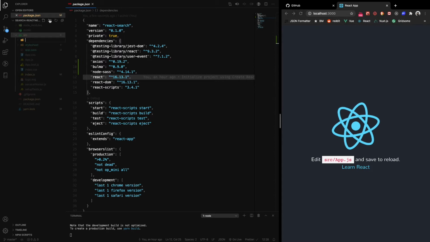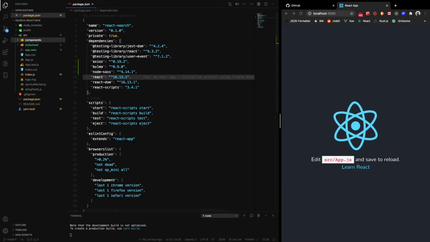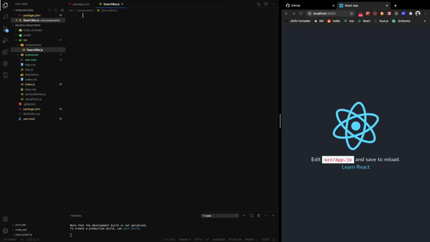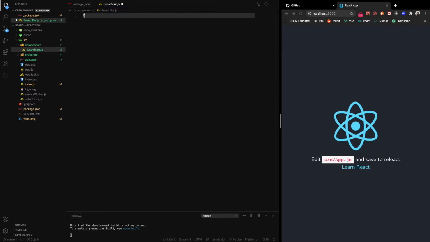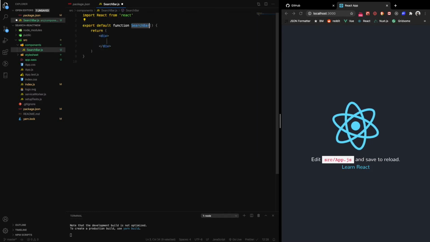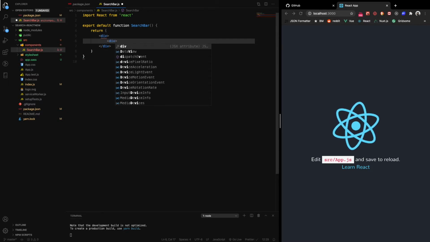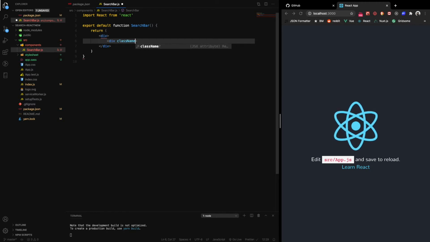So I'll be adding a folder named components. Inside here, we need a search bar. So I'll make a component and call it SearchBar, and the component name must be uppercase. I'll add a React functional component here, and inside here we can add another div with a class name of